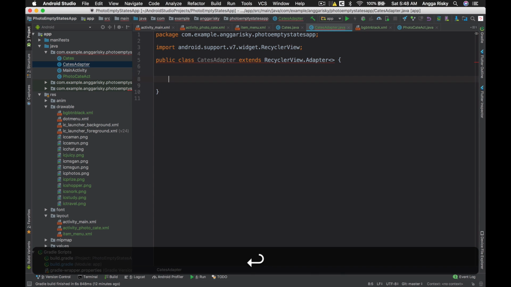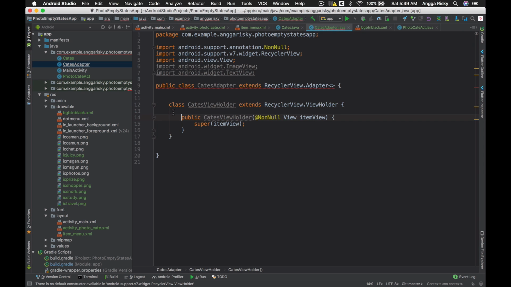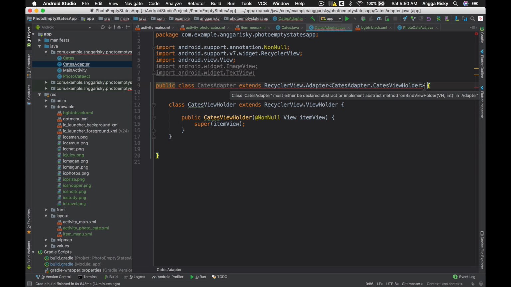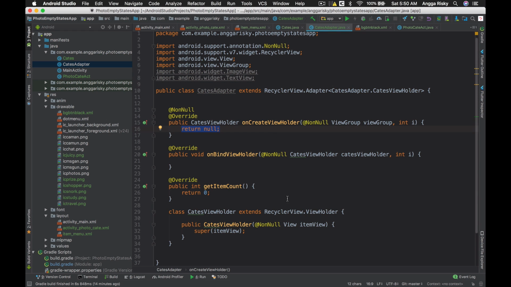And then in this section we're going to create a class for Catus view holder, and you see there's the red alert, so you just need to simply click over here until this comes up, just like this. And then here we have to register a view holder, Catus adapter and then Catus view holder, and you are still able to see the red alert here. So you just need to implement the methods and all of them, so it's just simple, right?